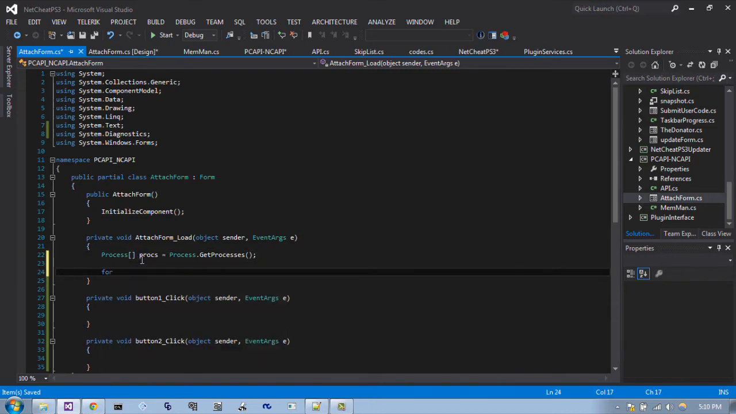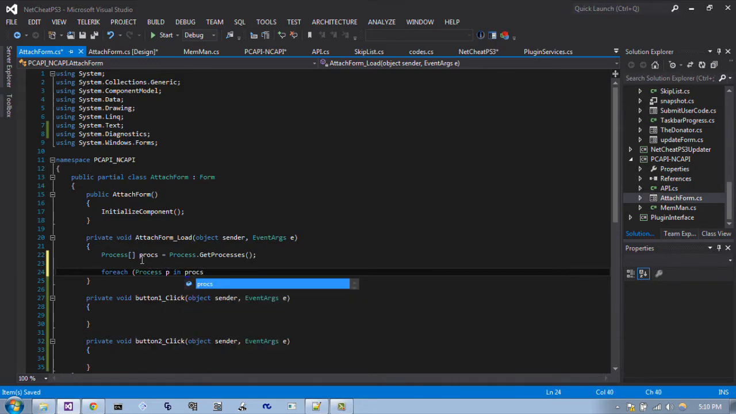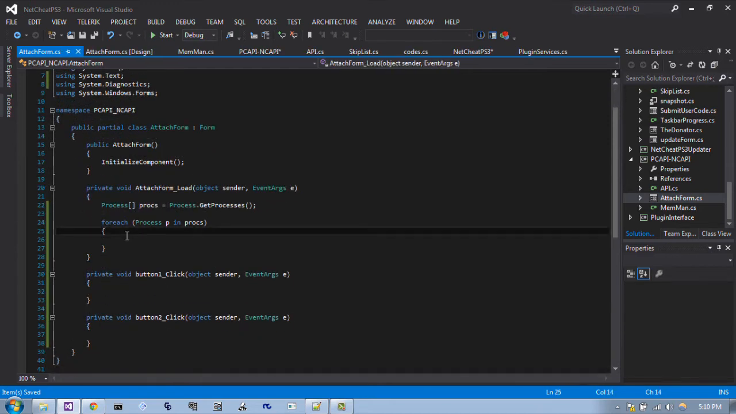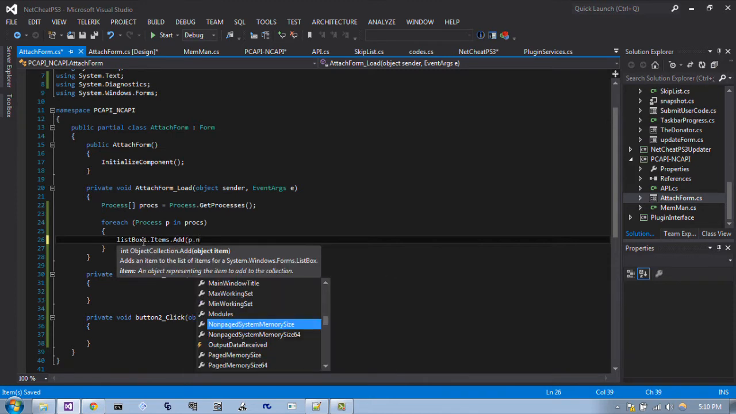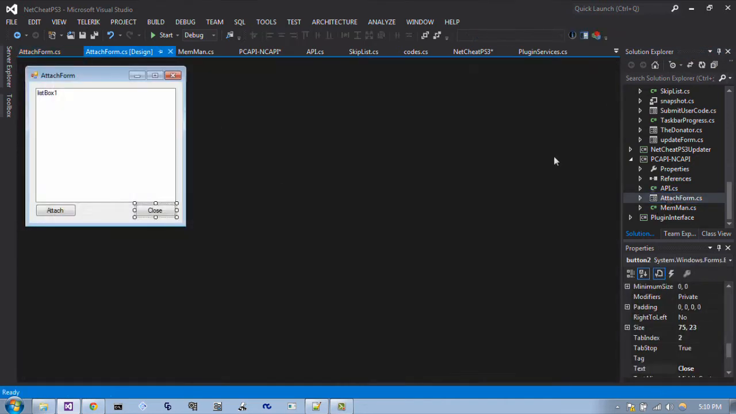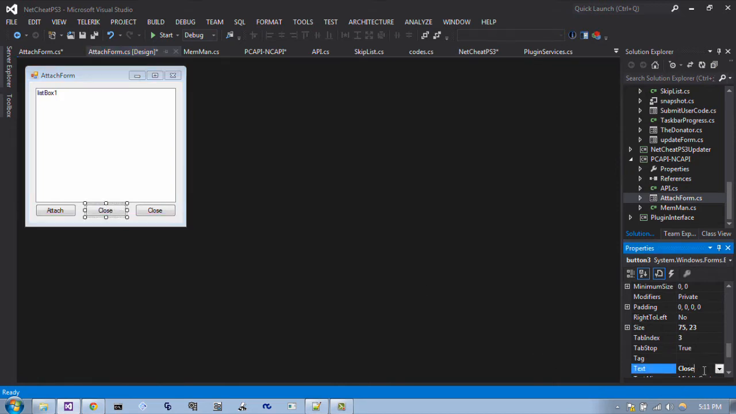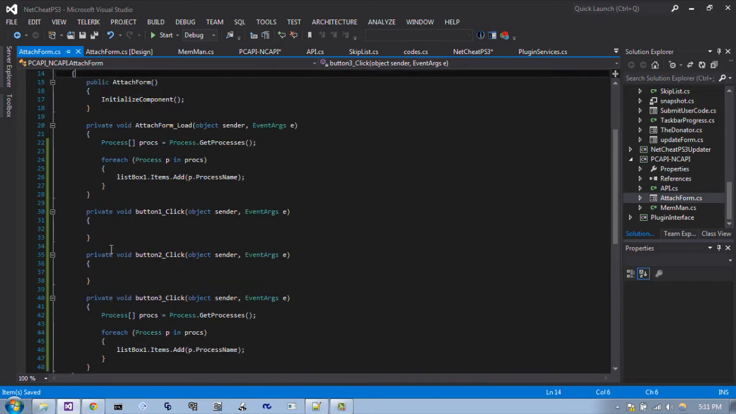And then for each process, for each p in procs, you just loop through each one, and we'll add to the list box. So listBox1.Items.Add, and then p.ProcessName. So that's just gonna list it as soon as it loads. Maybe we should have a refresh button. Alright. Okay, so